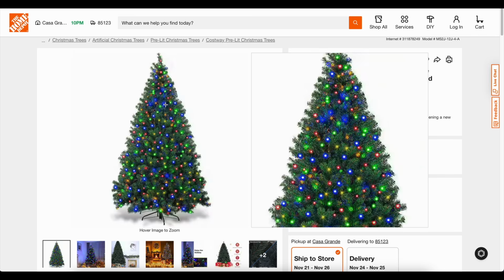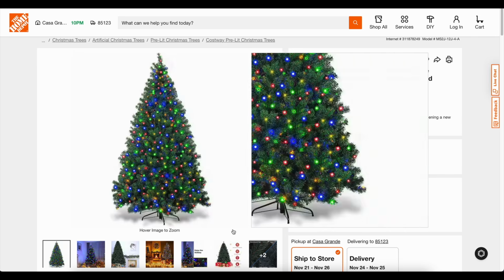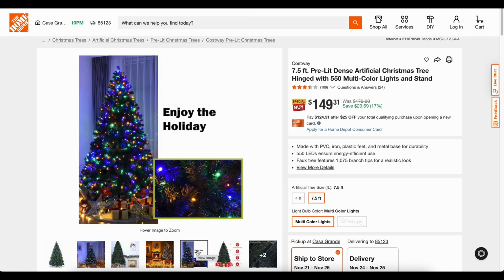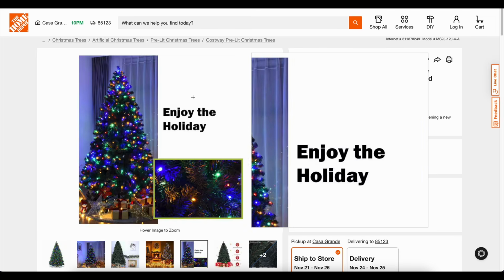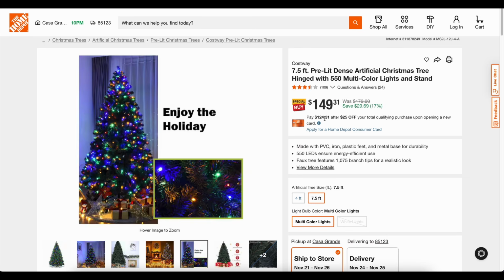It doesn't look real, it just looks kind of like a mock-up. This one looks better, I guess. So yeah, this is kind of what I'm looking for. Nathan and I will probably split the cost, so it's $149.31. I'm not sure what the price will be when I go and look. It looks like the regular price is $180, so hopefully they have this one.